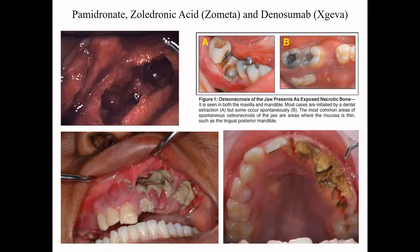So the osteonecrosis of the jaw, it looks pretty bad. It's dying bone in the jaw, which looks like this and which is exposed. It's usually triggered by dental surgery. So as long as no one's going in your mouth and doing anything, you're usually safe. But if you're going to get some kind of dental work done, this can start after the dental work. And in fact, as many as 10% of patients who are on the zoledronic acid can get this osteonecrosis of